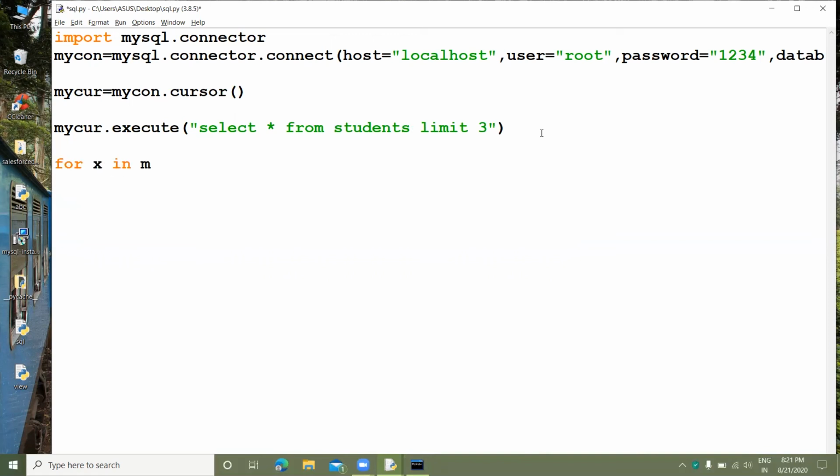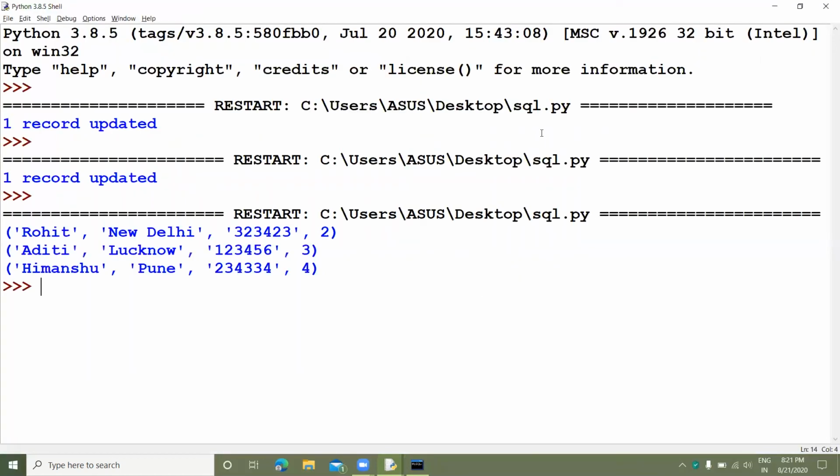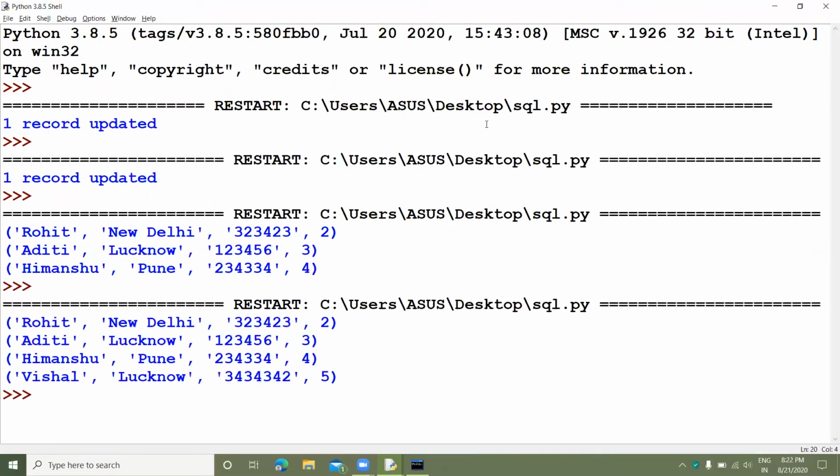So for x in my cursor, print x. Now you can see only 3 values have been printed successfully. If you print 4 values, you can also see only 4 values have been successfully printed.